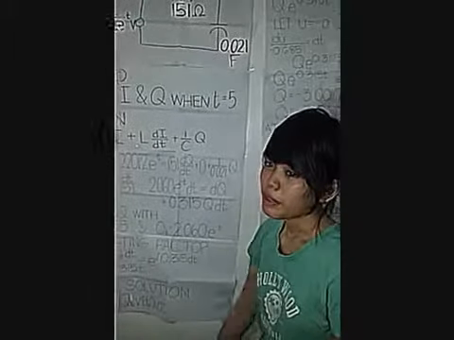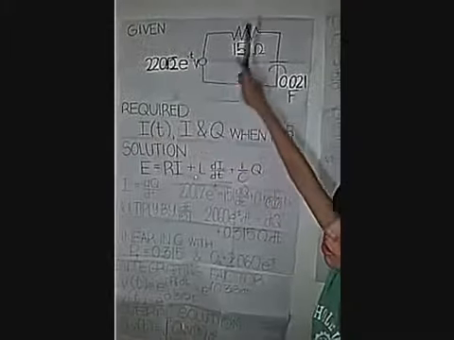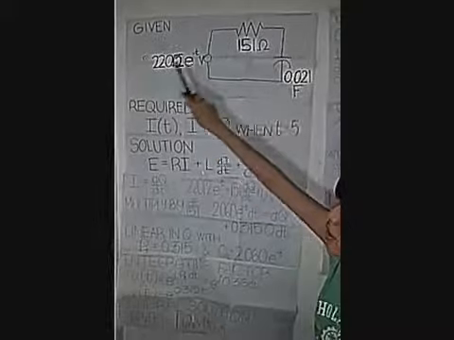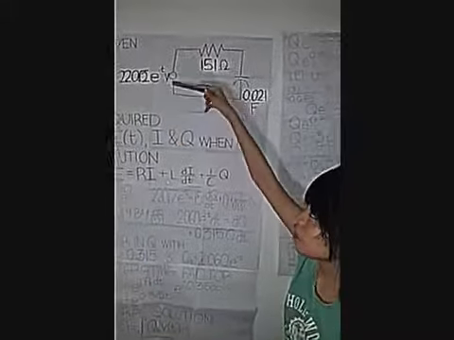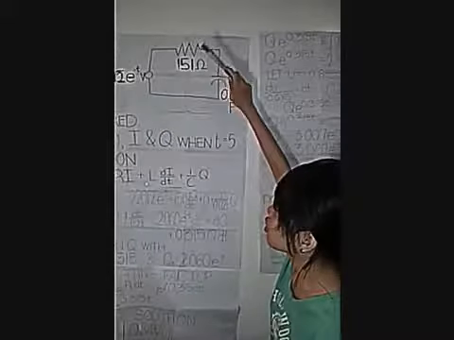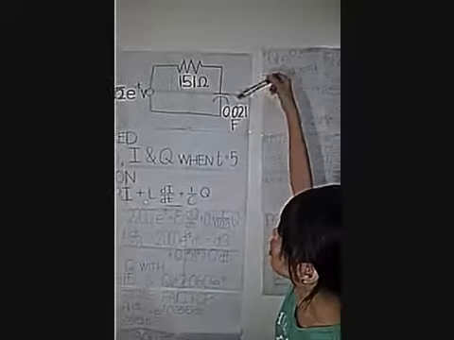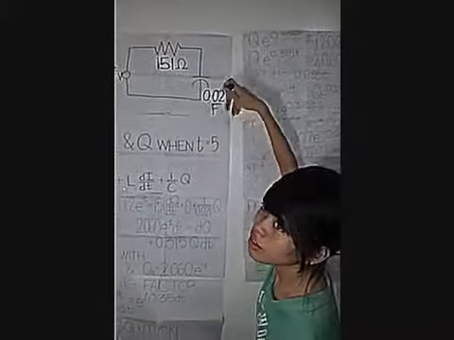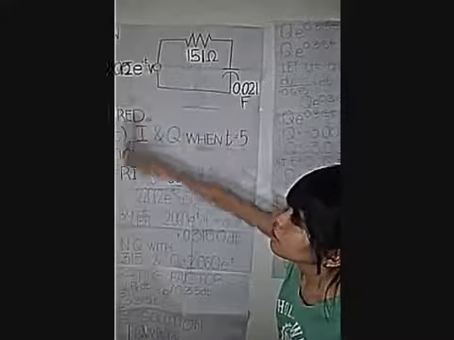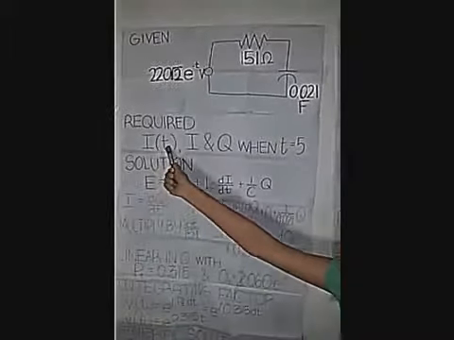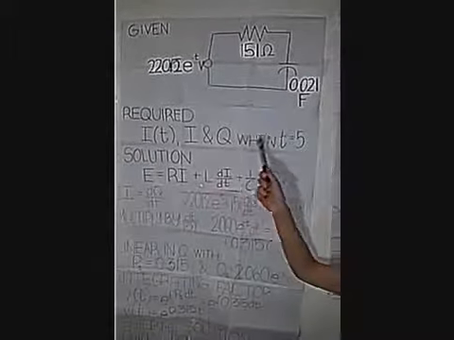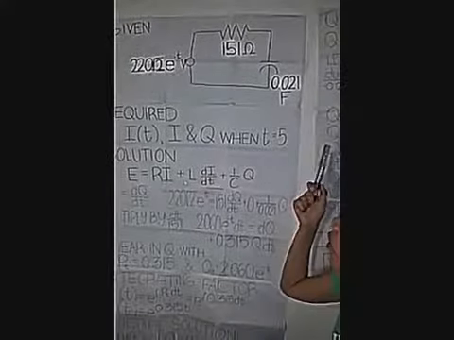Based on the problem, we could write the given using a circuit diagram. The 220 square root of 2 times e to the negative t voltage source is in series with the 151 ohm resistor and the 0.021 farad capacitor. The requirements are the function of I with respect to t, I and q when t is equal to 5